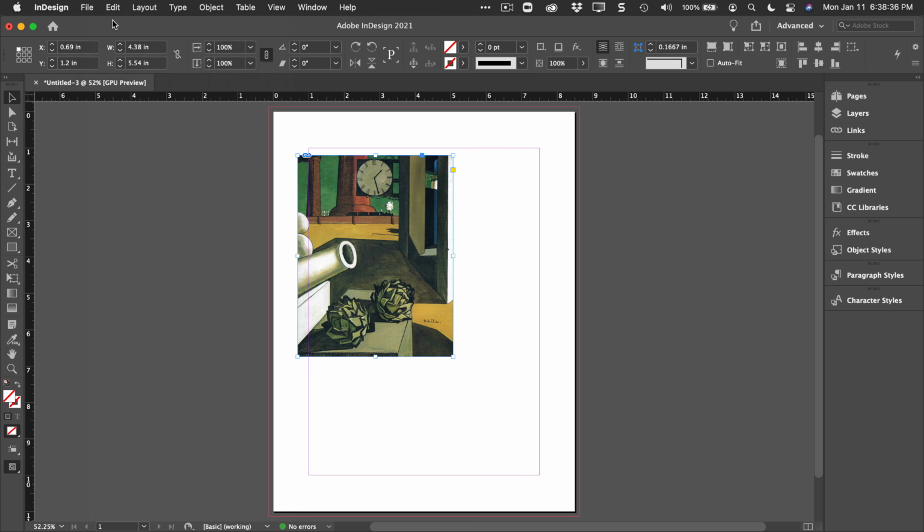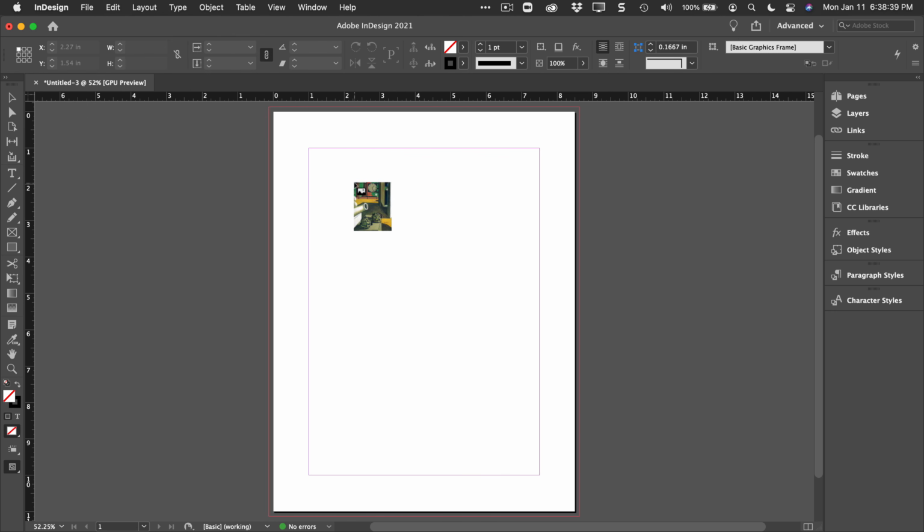Let me undo that. So that was clicking. Instead of clicking, I could also drag. So if I want to fill out a specific amount of space, I could drag and I could make that